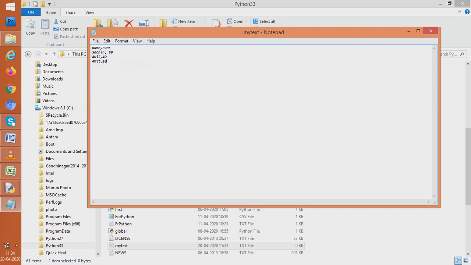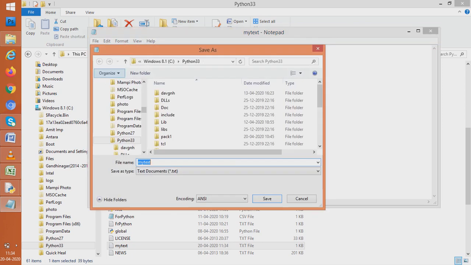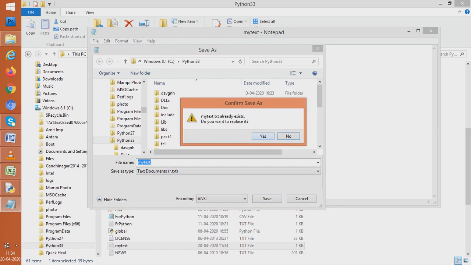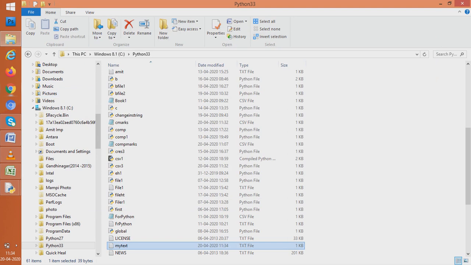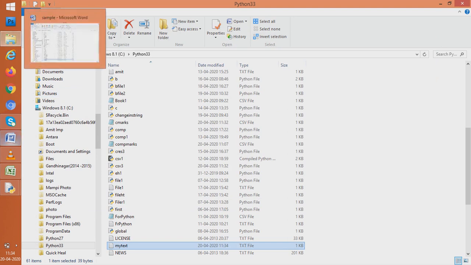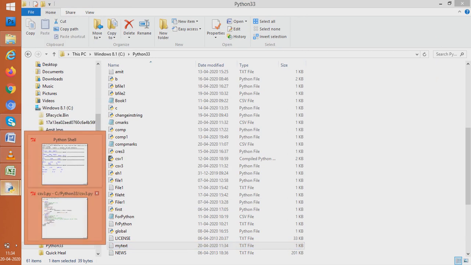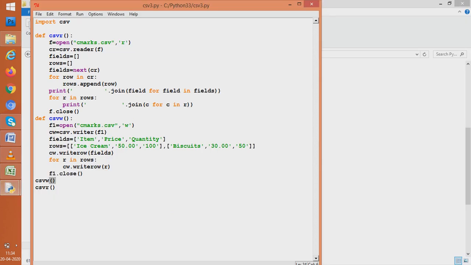Now the question is, when we create the data, what is the extension it has? See, the extension is .txt. No problem, because we know CSV files are also TXT files. So let us see whether it works on this in Python or not. Can our CSV program work with my text or not? Let us see. So we go back to Python and change the name. What name do we give here? We give my text. Who created my text? We ourselves created my text.